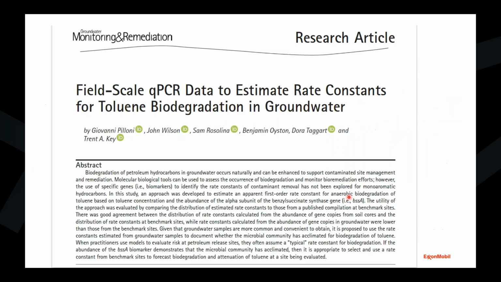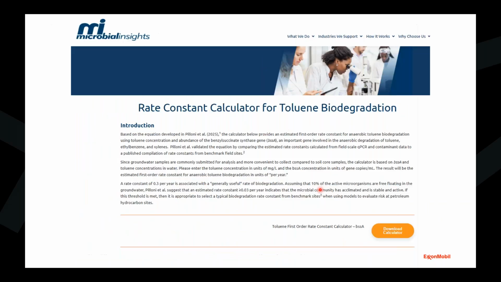And to apply these, of course, you can refer to the paper. This has been published a few months ago, and it's also in the resources in the attachment of this webinar. But also, of course, I understand that not everyone wants to go through the equation and through those calculations. So Microbial Insights has been so kind to put together a calculator. Basically, you can download on your computer the same calculator, or a similar calculator to what we use for our manuscript, and you calculate your own rate constant for bssA and toluene concentration. And so with that,